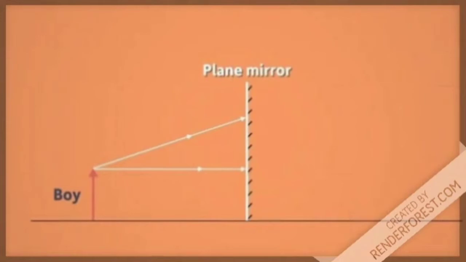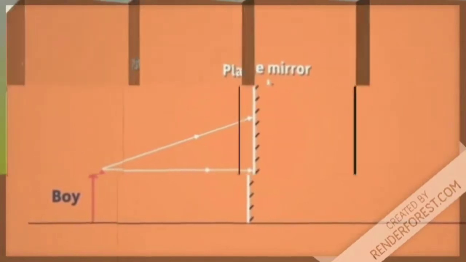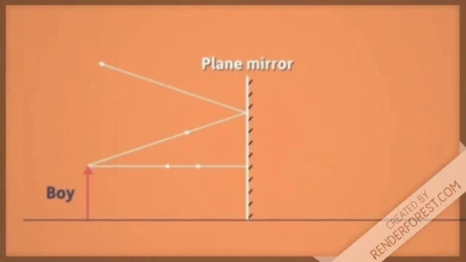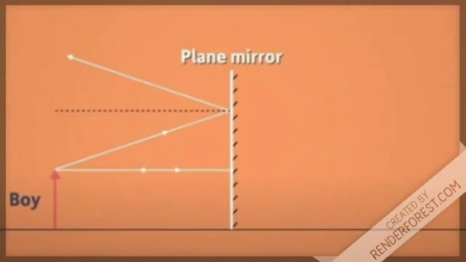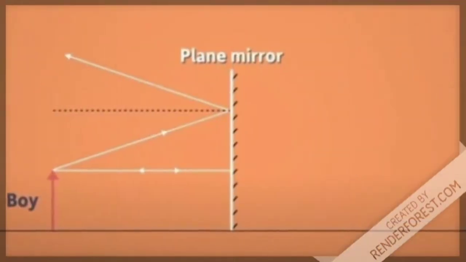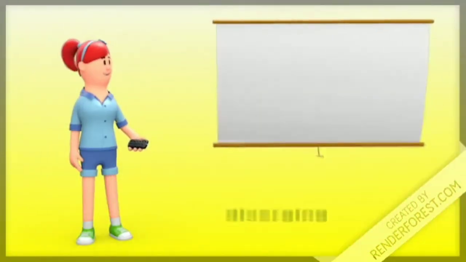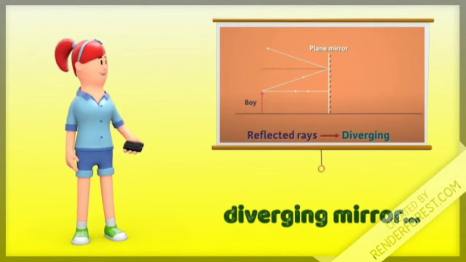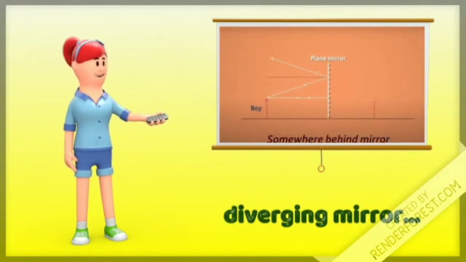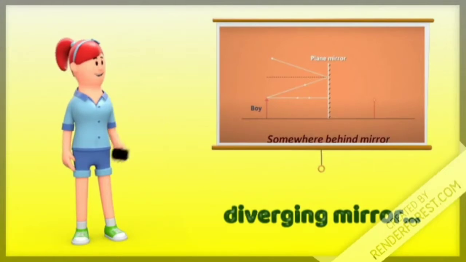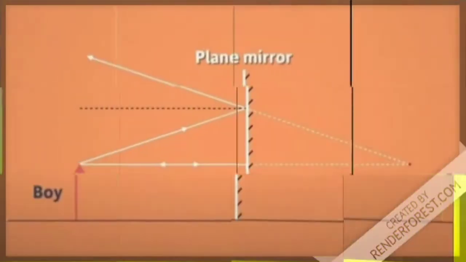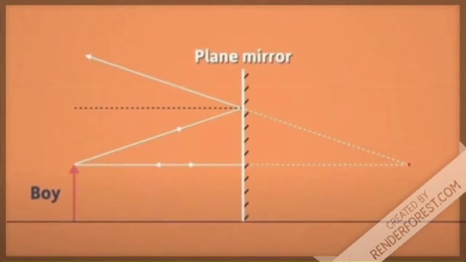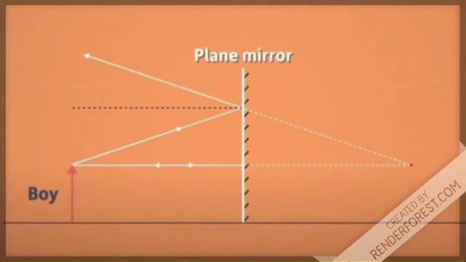For instance, consider a few light rays emerging from the top of the arrow. All these rays are incident on the mirror and get reflected back. Yes, all the reflected rays will follow the laws of reflection. You see that all the reflected rays are moving away from each other, that is, they are diverging. But we know that the image is formed somewhere behind the mirror, so let me extend these reflected rays backwards and see what happens. We see that they meet at this point behind the mirror, and to us, this is where the top of the image appears to be.